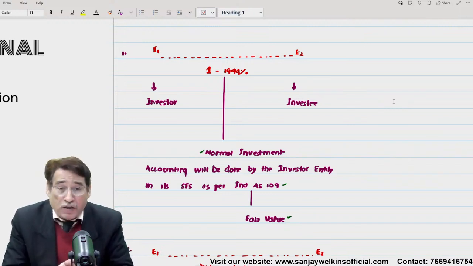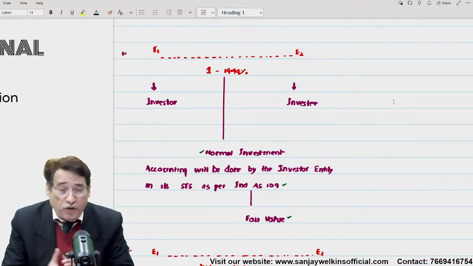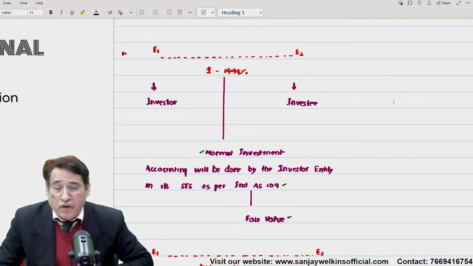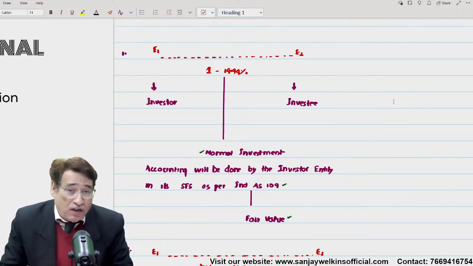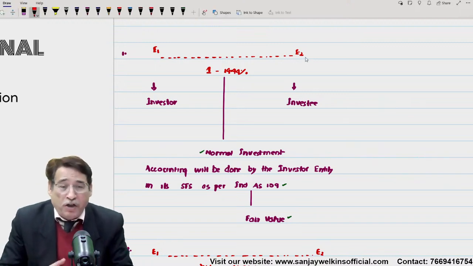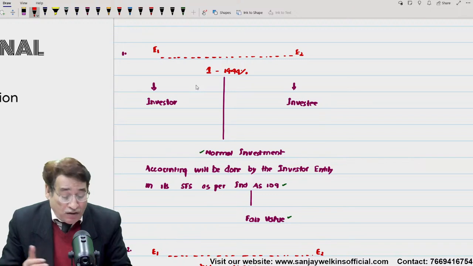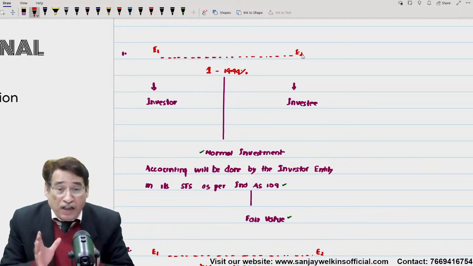So last time when we started off in this manner in order to understand the business combination, while starting the class I told you it is a pretty technical chapter, pretty important, formidable, and more than that, a pretty lengthy chapter. When we started the chapter, I told you, for example, if you are an entity and your investment in the other entity is between 1 to 19.99%, in that case the investor E1 will be known as the investor, and E2 will be known as the investee entity.